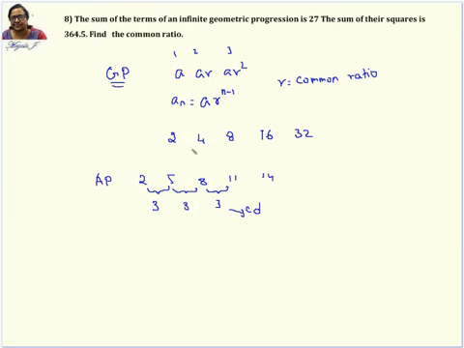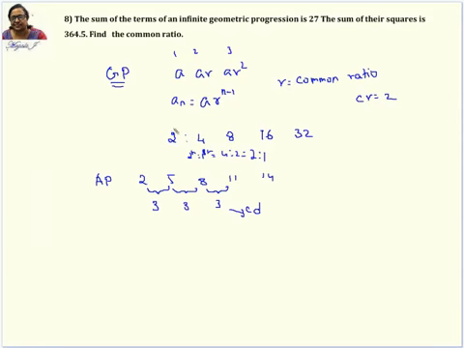Whereas here, in this case, the ratio will be the same. Normally, we go for ratio as second term to the first term. So what is the ratio of second term to the first term? 4 is to 2, that is nothing but 2 is to 1. Good. So we can say the common ratio in this case is nothing but 2. Every time you multiply this by 2, you get this. Multiply this by 2, you get this. That is the common ratio.